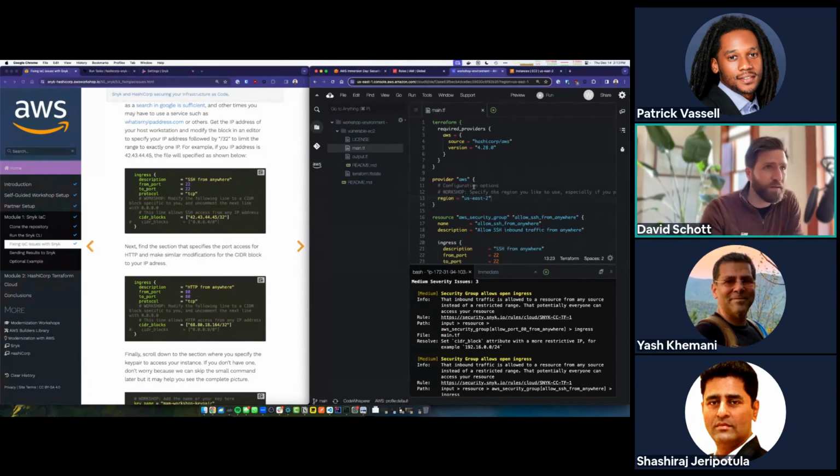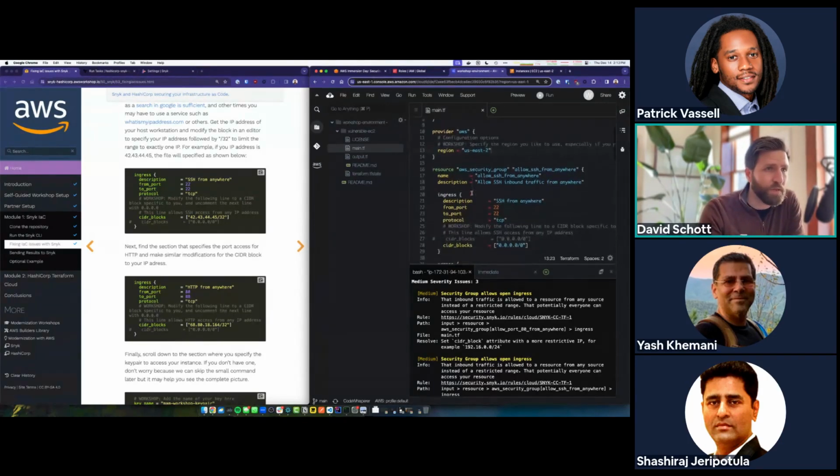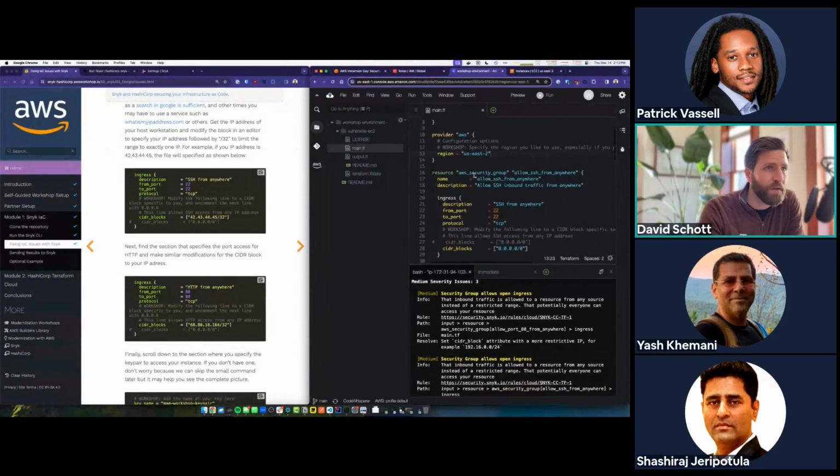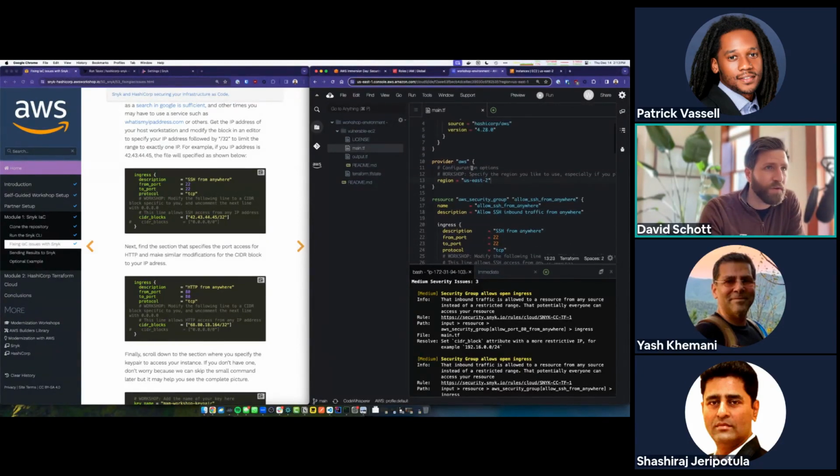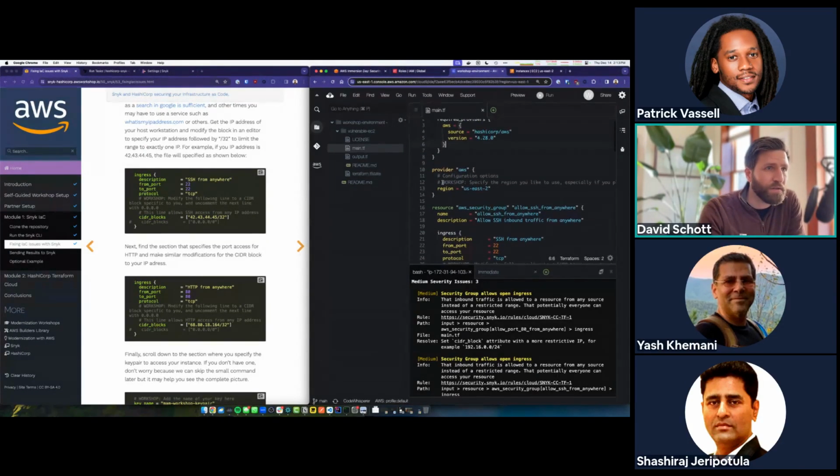And we've made that pretty easy for you in the workshop. If you simply scroll down in your code base here, you'll see these comments where it says workshop. These are the areas that we're going to modify. It's a good idea to change your region or just make sure you know which region things are being deployed into.